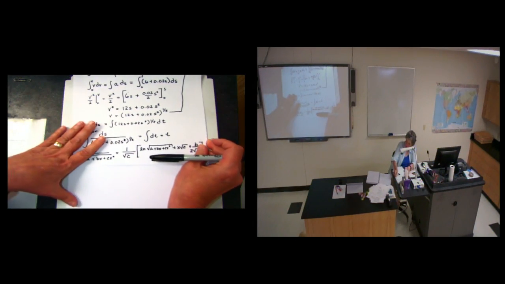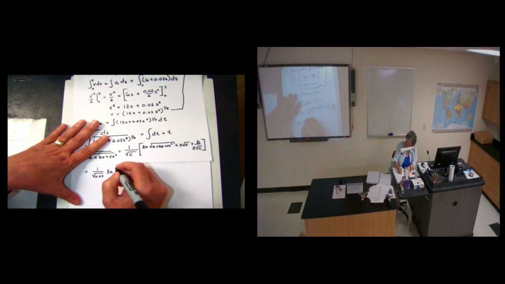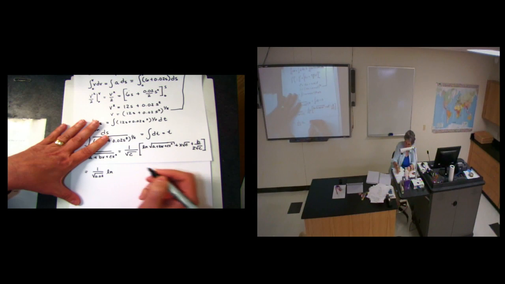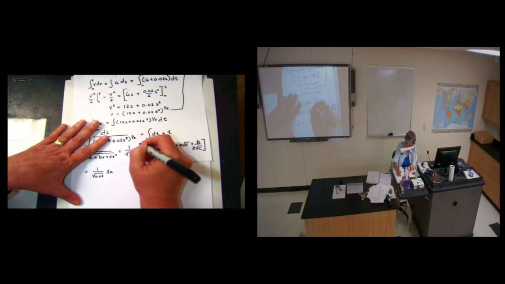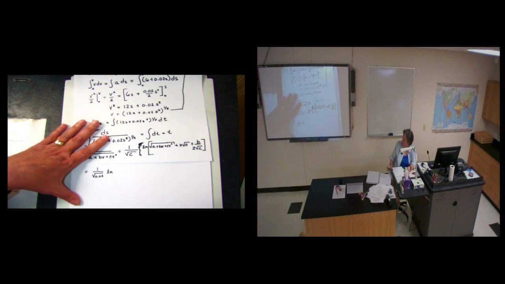All right, this is problem 1231. We're going to be given the velocity is going to equal, let me write it out again. V is equal to V naught minus Ks. S is equal to 0 at t is equal to 0. We want to find the acceleration, the position as a function of time.